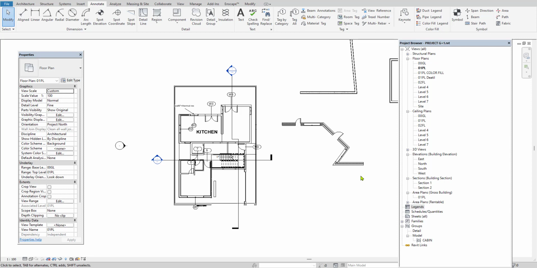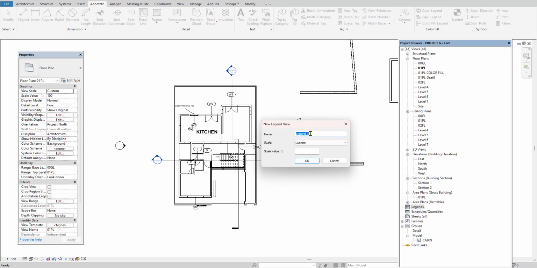Next is legend creation. To get the legend option, you can go to the project browser. Just below the area, we have the legend option separately. Legend component allows users to provide more information of the selected component. For example, if you want to give detailed information of your doors and windows, whatever you have used for your project, normally we use this legend option. For that, just right click on the legend option and you have to say new legend.